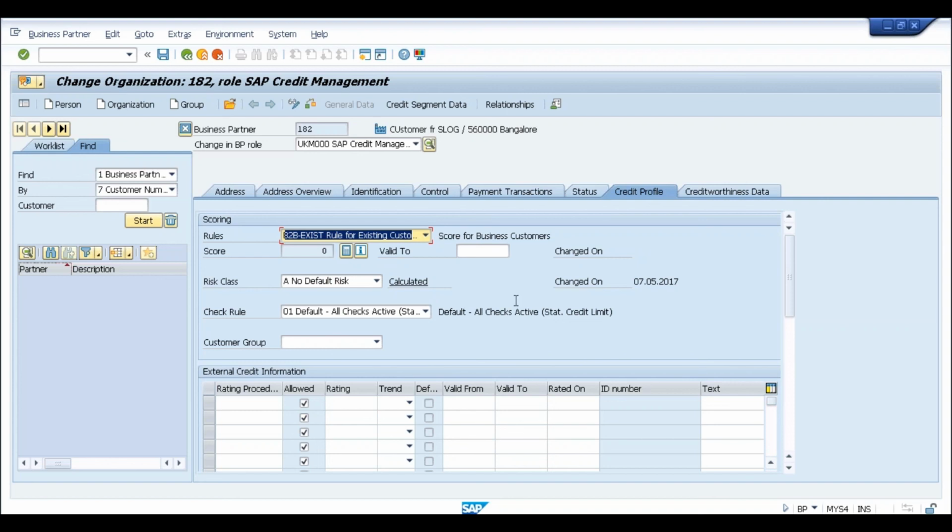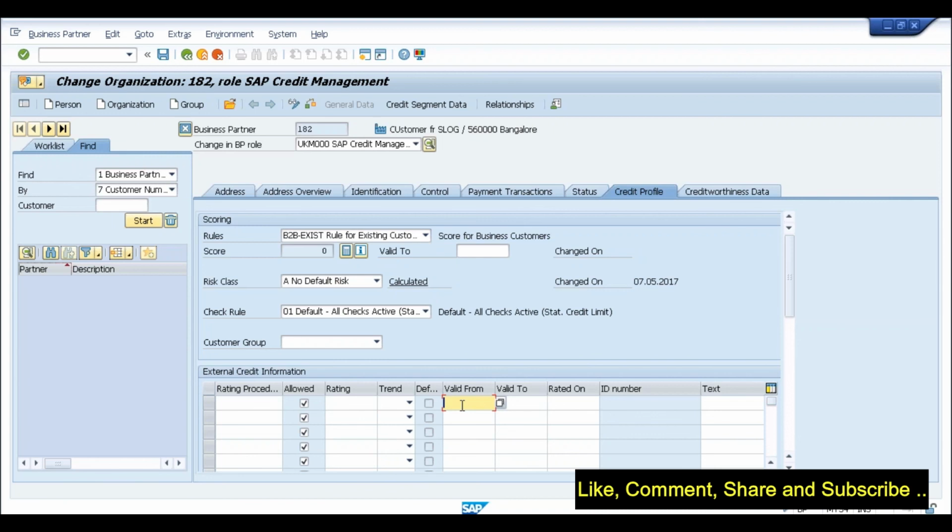That is definitely required, because as you said, for example, if I want to have the maximum document value, how can I enter it here, and some other information whatever I was able to enter in FD32, which field is mapped in this particular screen. What I'll do is create an Excel sheet in which I'll take a dump of the fields available in the current FD32 screen versus the corresponding fields in this new UKM_BP screen. I think that will serve your purpose.